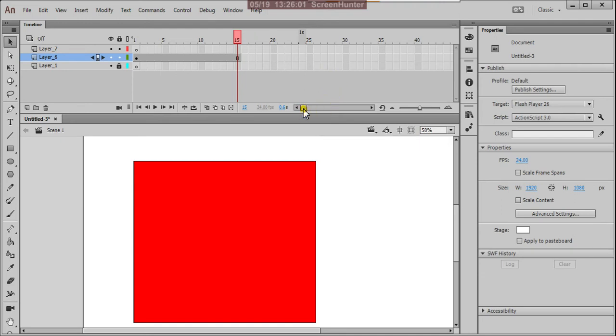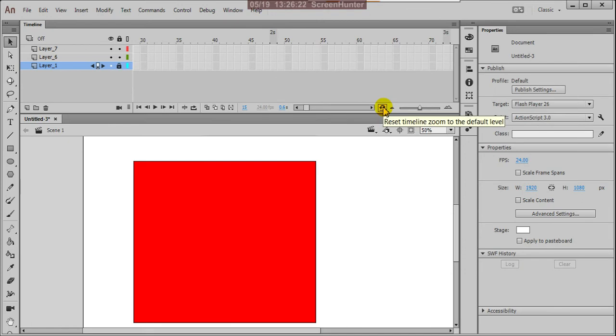And here if you decrease and increase, you will get more frames, and after you reach there you can move this, so automatically the timeline can extend. By clicking that, you are moving step by step. And this is reset timeline, zoom to the default.